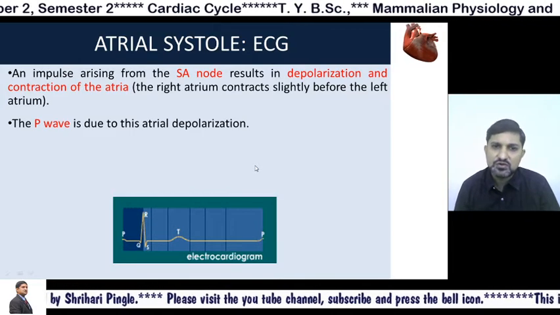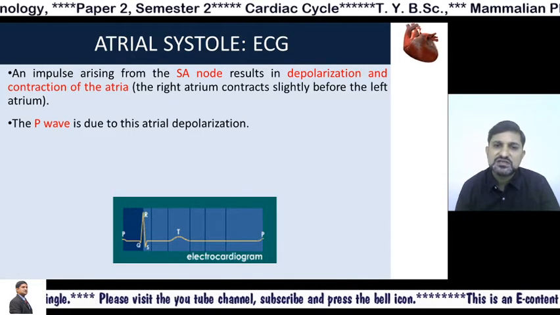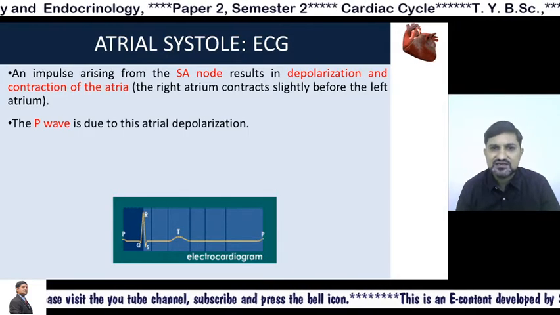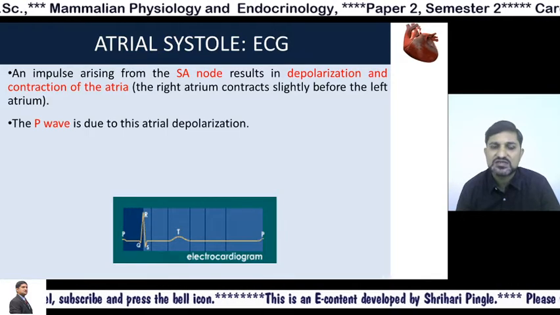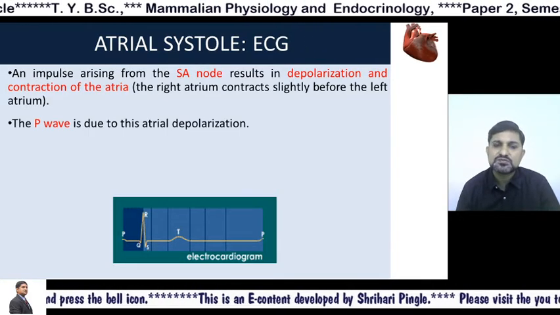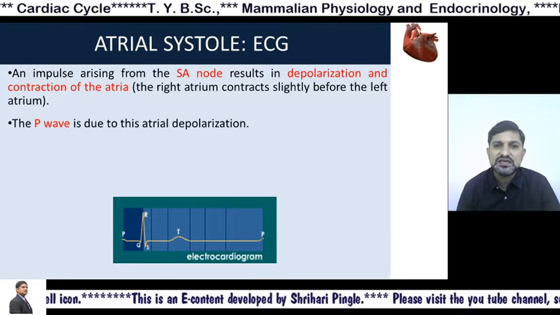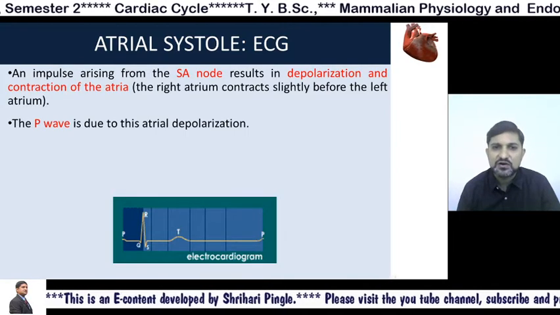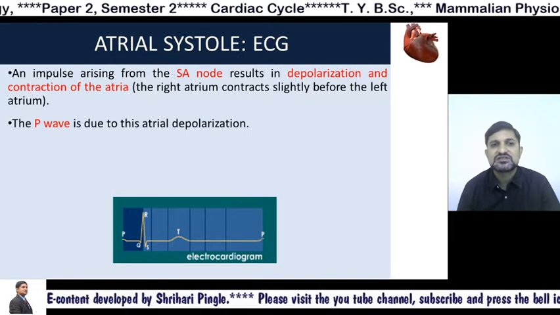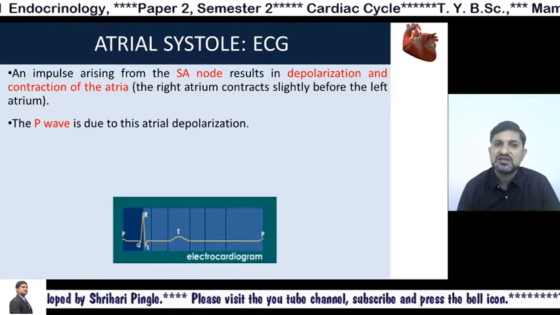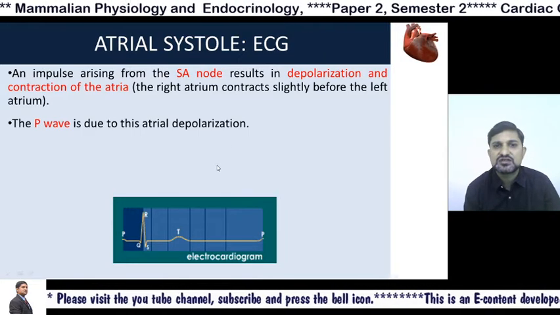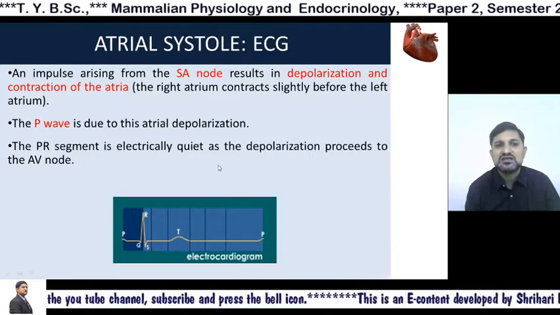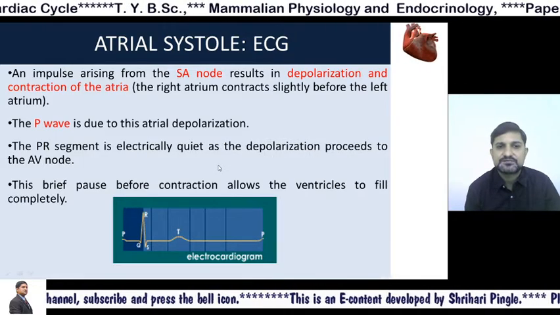We already know that the muscles remain in a polarized state because of 3 times more sodium ions on the outer side of the membrane and twice the potassium ions on the inner side of the membrane. However, this polarization is reversed when the impulse arrives, causing the depolarization. And when this depolarization takes place, the auricles begin to contract.